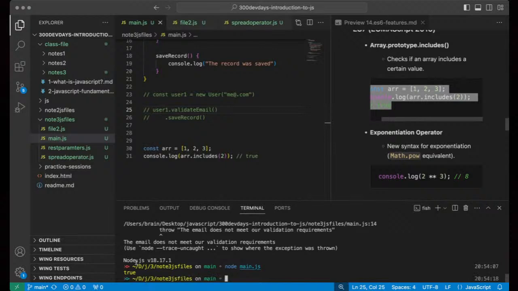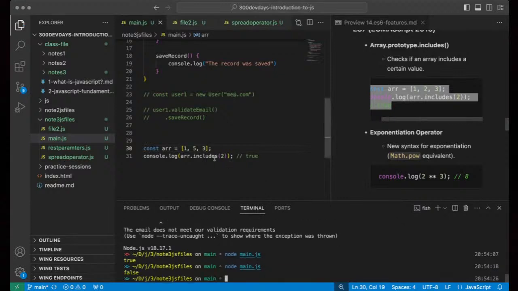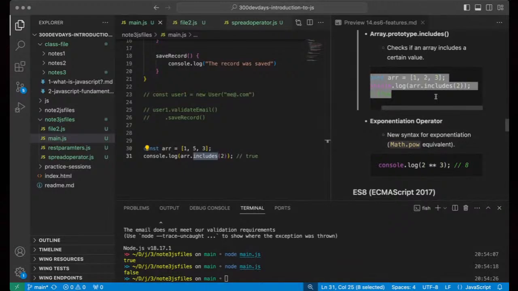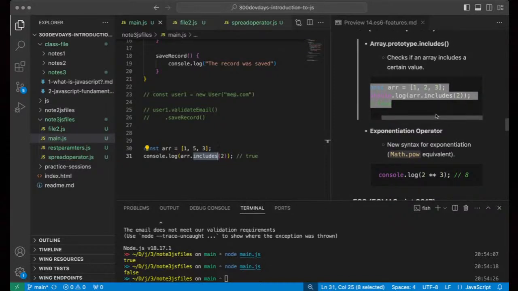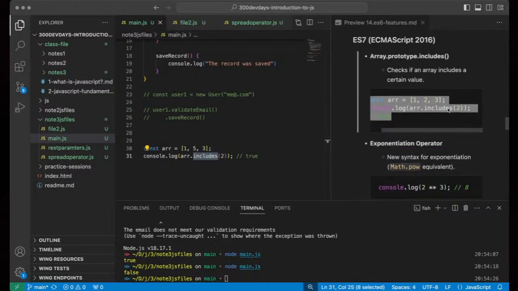All right, so now it says true because 2 is right in there. Let's change that to 5. Let's run this again. All right, so now you see we have false because the value 5 is not included in that array. So this is a very simple pattern. Instead of trying to do some loops and check with if conditionals, you can simply use the dot includes. It's a shorthand, right? And it makes life easier for some of us JavaScript developers. Instead of doing those checks and loops here and there, you can just use dot includes to help you do that check. And it can also work for string types, not just numbers.